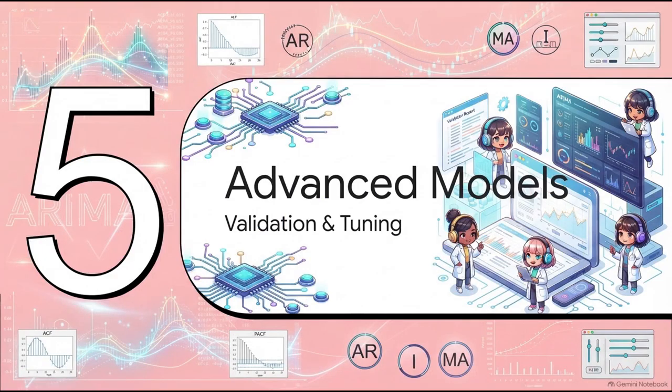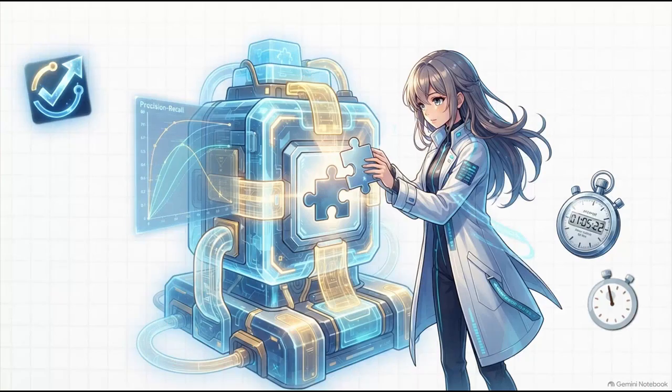Which brings us to our final section, Section 5, Validation and Advanced Models. Because let's be real, you don't just build a statistical model and blindly trust it. You absolutely have to find the optimal model using accuracy metrics and visual tools like residual plots. You can manually validate your model using out-of-time cross-validation, which is a great way to test how well your model predicts totally unseen data. Or if you prefer, modern programming languages like Python allow you to build an auto-ARIMA model, which basically does the heavy lifting and automatically searches for the best P, D, and Q parameters for you.